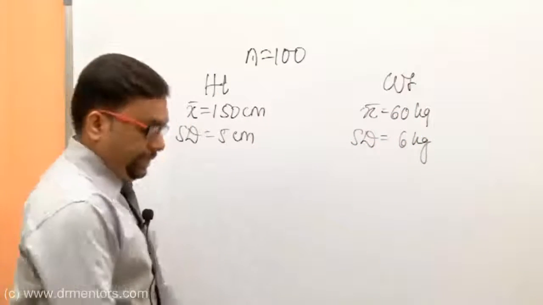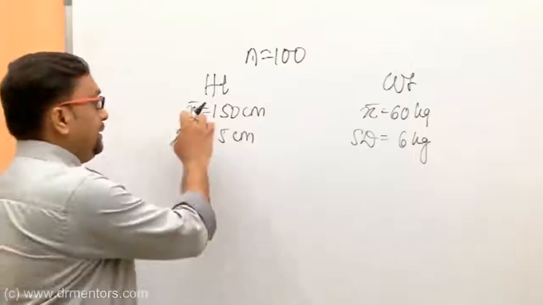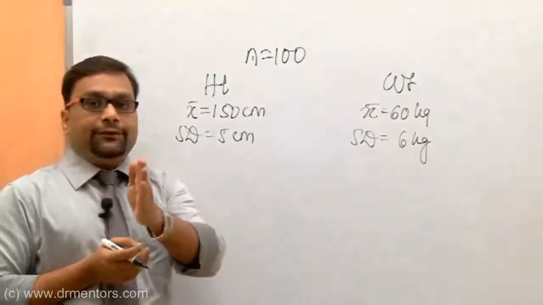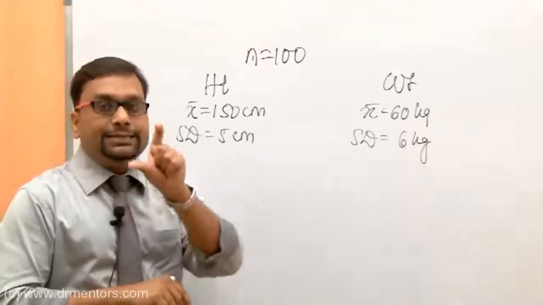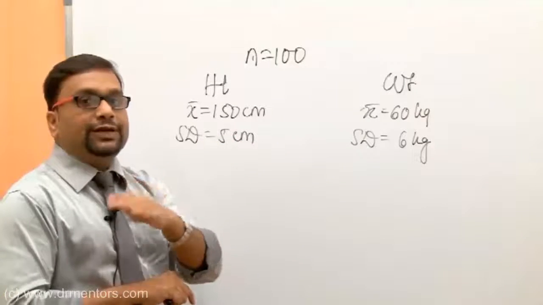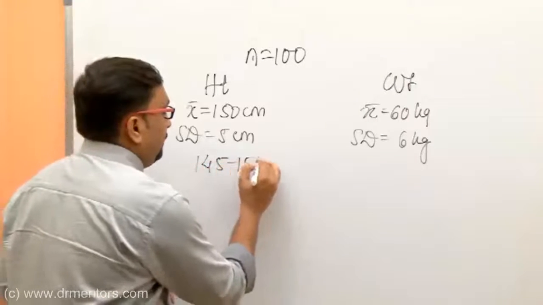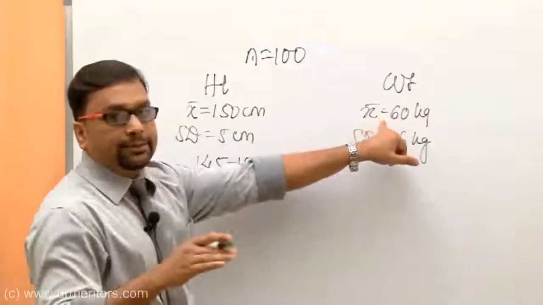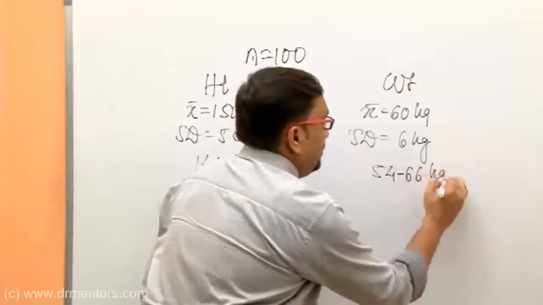So now you all will agree with me, there is variation in height and also there is variation in weight. When I am saying mean height is 150, it means most of the students have a height of 150. But that doesn't mean everybody has a height of 150. Some students go below, some students go above. That is known as variation, which is measured here by standard deviation. So there is variation of 5 centimeters below and above the mean. So the height of children varies between 145 to 155 centimeters. Same here, the majority clustered at 60, but some going below and some going above. So here also you can see variation. So there is variation in both.